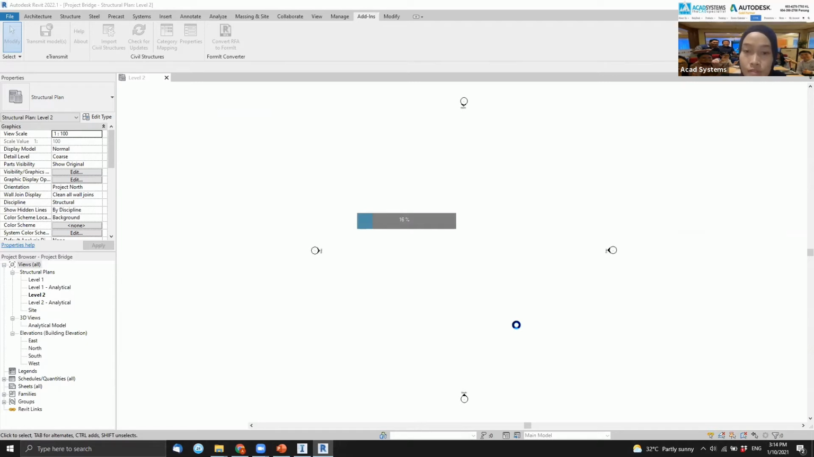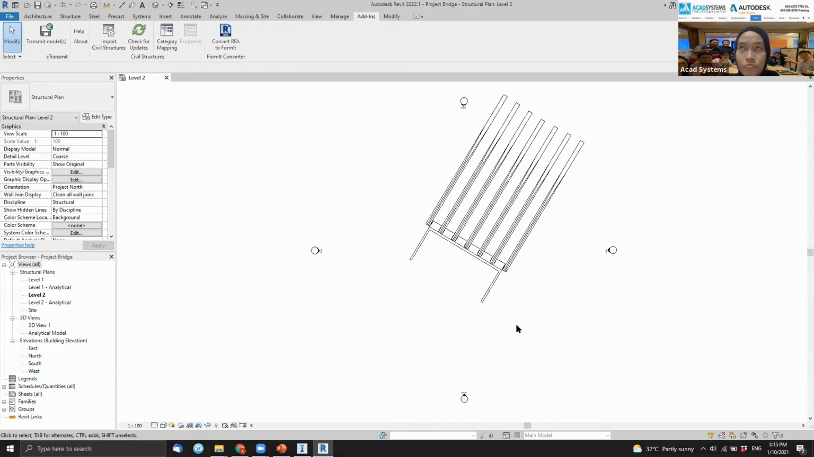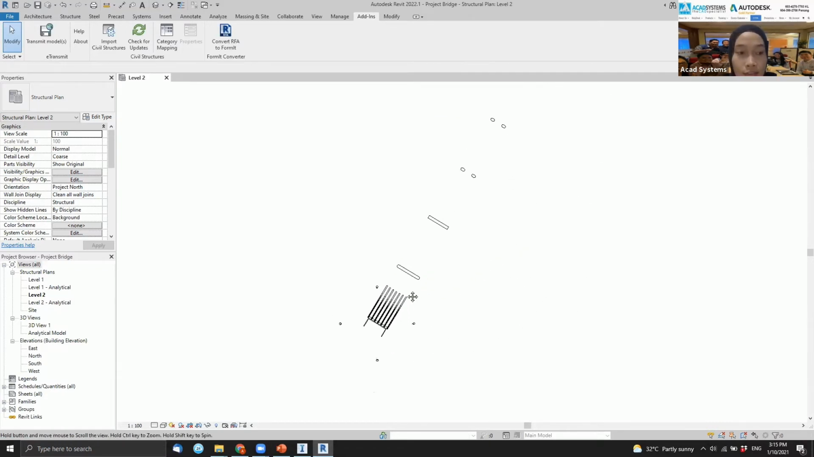imported into this Revit. Okay, so if your bridge is a very large or long bridge, the file size will be much bigger, so it will take more time for the file to be imported into Revit. Okay, so now I have already imported